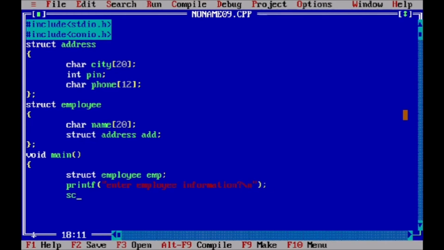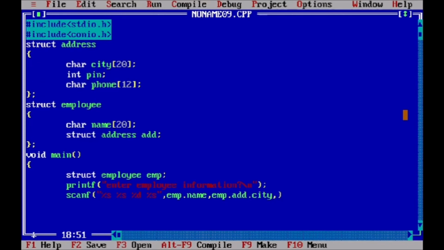So we scan the values from the user and write percentage S for name, percentage S for city, percentage D for pin, and the fourth one for phone number. Now we write the information, employee.name,